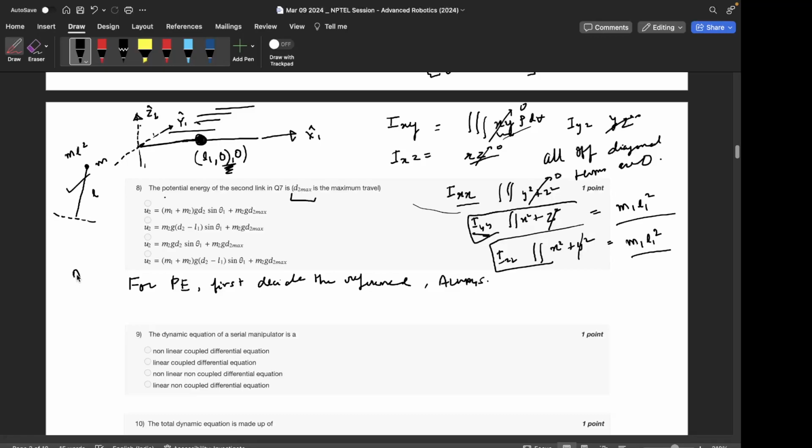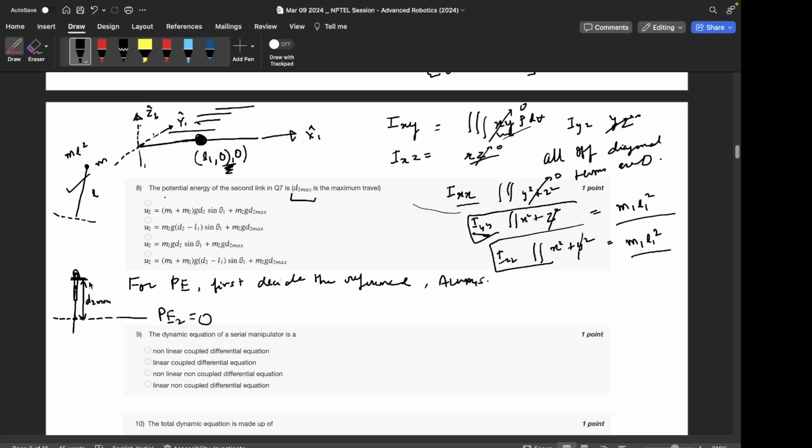If this is the hinge, then the reference position is when the links are like this. This is the first link, COM here, and this is the second link, COM here, and this is at maximum extension, so d2 max. In this configuration, we have defined that P2 is 0. This is the reference, and once we define this as a reference, then